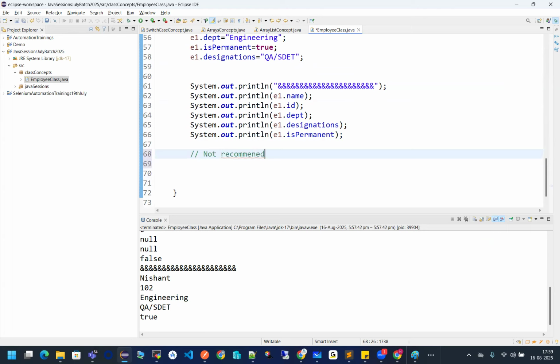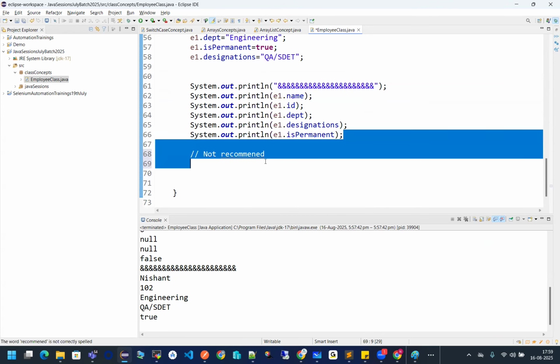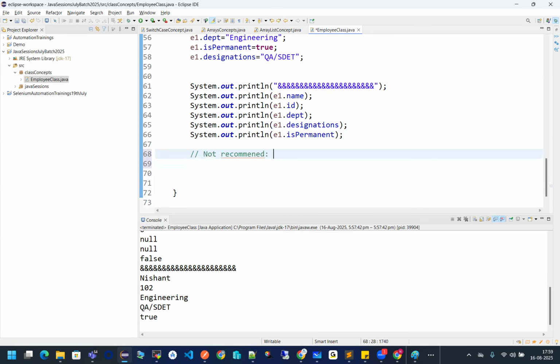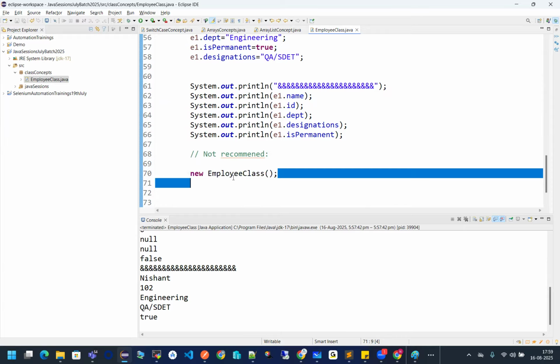But as a part of the interview question, I have to cover this. Fine, see this. Not recommended. I know that I have to use the new keyword for creating an employee class. Can you see this? If I just write this, guys, is it creating a new object at the memory